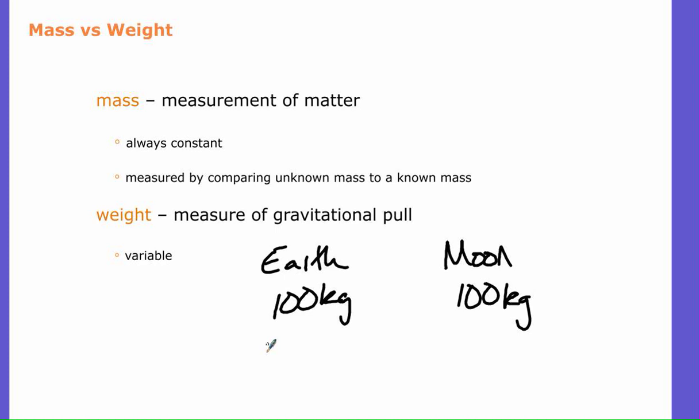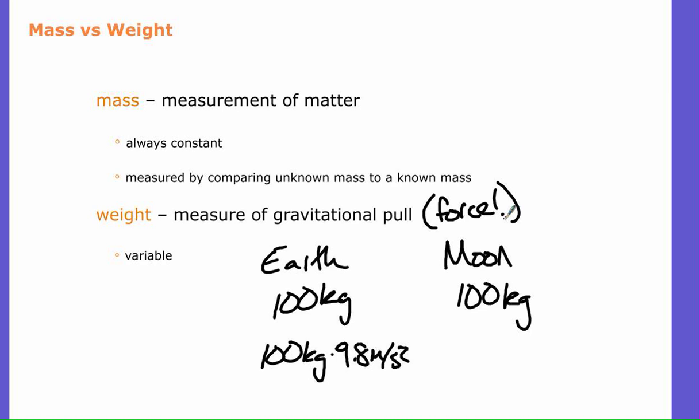But remember, if I take that mass, 100 kilograms, times an acceleration, that would give me a force, which is a weight, right? That equation we just talked about a second ago, force equals mass times acceleration. If I multiply these two things, I get an answer of 980 and a new unit that you don't know about, newtons. My weight, using newtons instead of pounds, is 980.